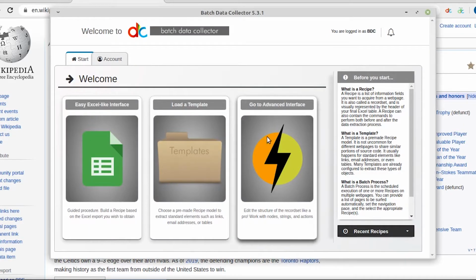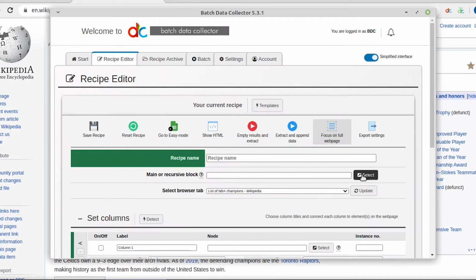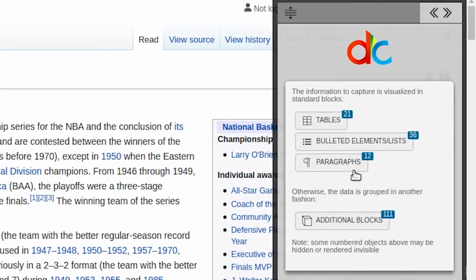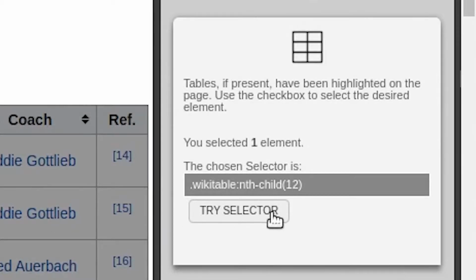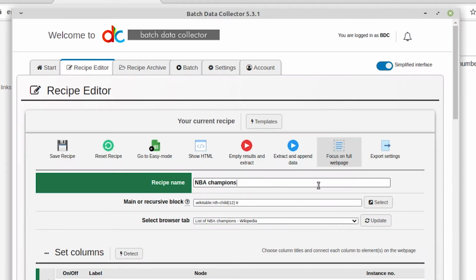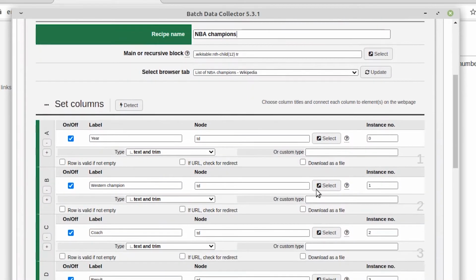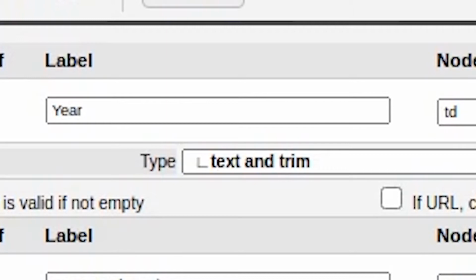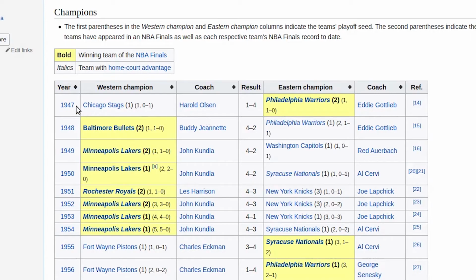In the previous lesson, we compiled our first recipe using the advanced interface. We also talked about CSS selectors more in depth, leaving out one very important detail. Each cell captured from the Wikipedia table was in text format. The advanced interface, unlike the simplified interface, allows you to specify the format of the associated data type by means